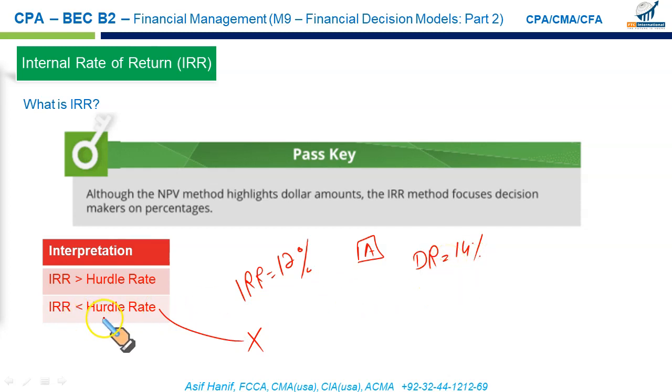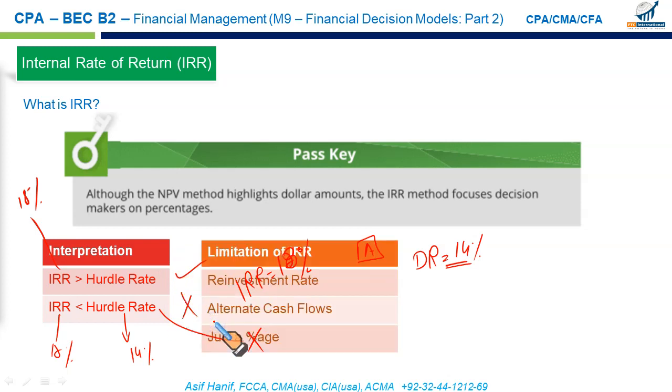Right? If the IRR is less than the hurdle rate, IRR is 12% and the discount rate selected for this project is 14%, it means the project is not generating the return expected. Remember, IRR is the return generated by the project, or the rate at which the present value of inflows is equal to the present value of outflows. Now, to the contrary, if the IRR generated by the project is 18%, the project is generating 18% return, whereas the desired rate of return is just 14%. In that case, the project is desirable. Go for it. The project should be accepted. In the earlier case, it should be rejected.